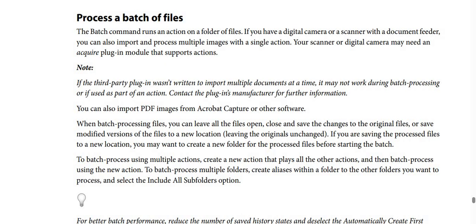And contact the plugin manufacturer for further information. And also you can import PDF images from Acrobat Capture or other software. And by the way, when batch processing files, you can leave all the files open, and close and save the changes to the original files, or save modified versions of the files to a new location, leaving the originals